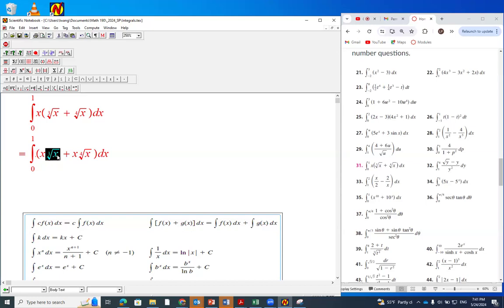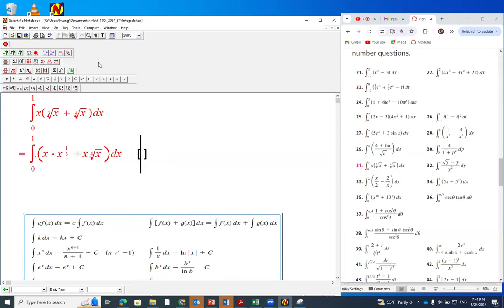Well, this is x raised to the power 1/3, right? So you're going to have to operate it. x multiply x raised to the power 1/3. We have the same base, and we add the exponent. So basically, we apply